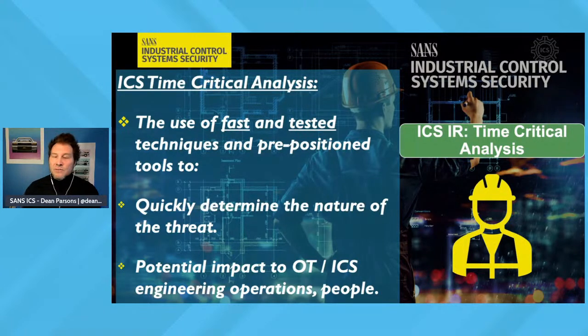this phase. The objective is to quickly run through all of that data, starting with memory, which you'll see in a minute why it's so important, but also understand the potential nature of the threat. Should we take the plant down? Should we not take the plant down? Critical questions that can be answered through this process, which goes right into the next phase next week, which is on eradication. Also, the potential impact to operations. If we have malware at this stage that we've analyzed and it can safely be contained without a shutdown, then that's more appropriate to do.